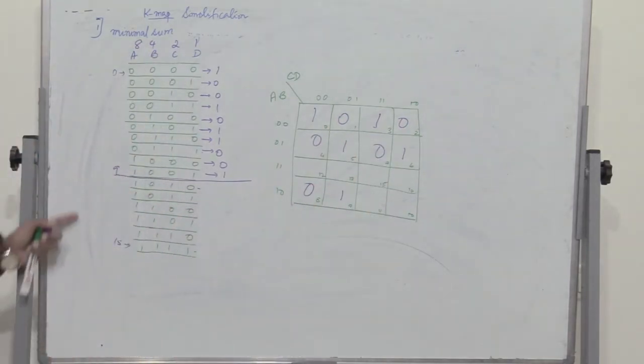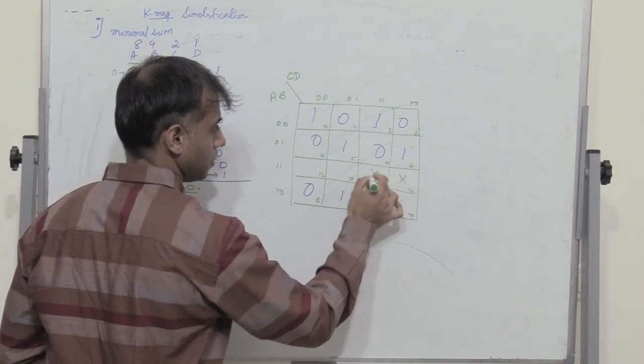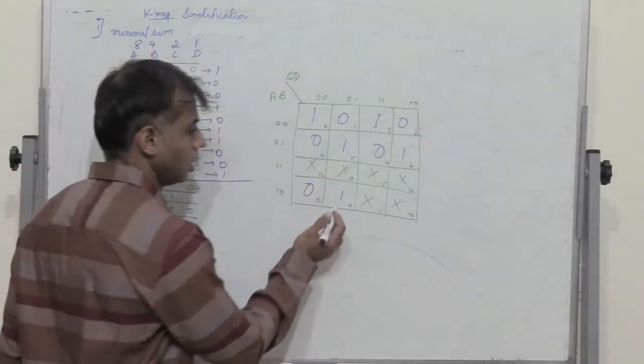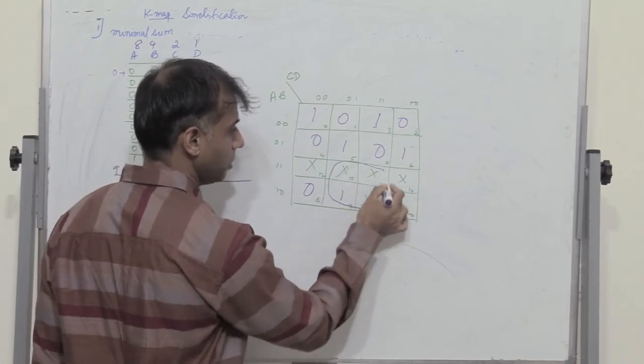And then all the remaining elements can be used as don't care elements so that it would help us to simplify the given expression. So I have don't care written for all the remaining. I have a 1 here and I have don't care elements. So these 4 can be combined.